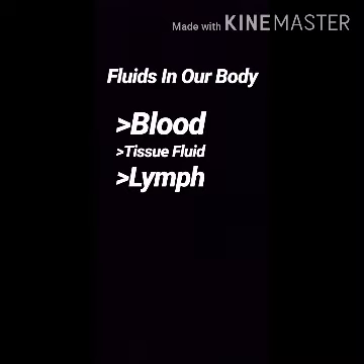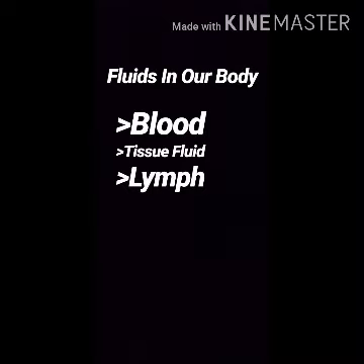Third, lymph. Where is it present? Yes, lymph is the fluid formed from the blood and rejoined into the blood. That is seen in the lymph vessels. Not only in lymph vessels, it is also present in lymphatic organs. Which are the lymphatic organs? The examples of lymphatic organs are the spleen and tonsils.